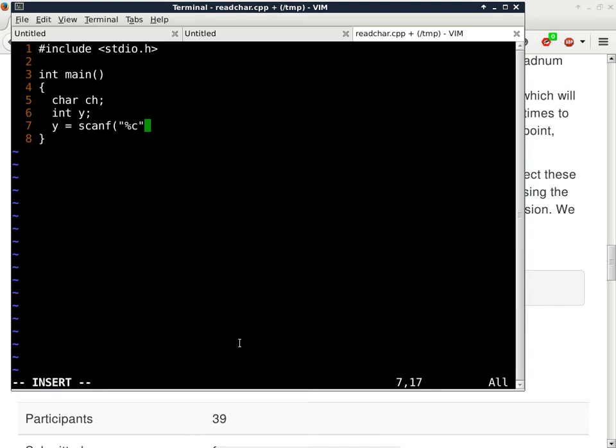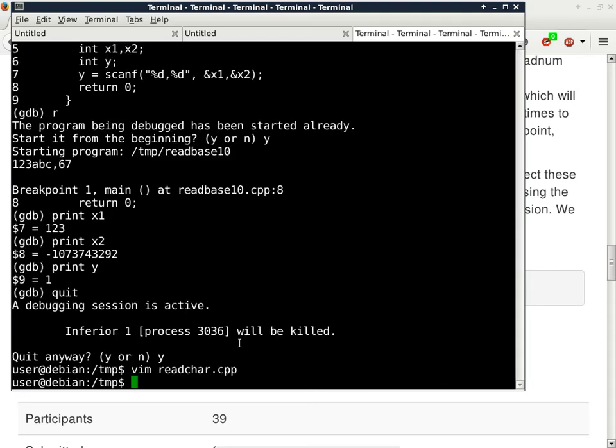%c instead of %d because I'm reading in a single character, not trying to read in multiple characters as a number. And we'll put it into ch, which is a character, and return 0. This is almost the same thing as the original read number program, but reading a character instead. All right, so we'll go ahead and